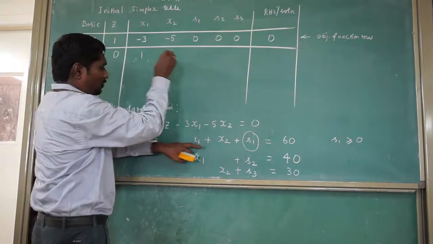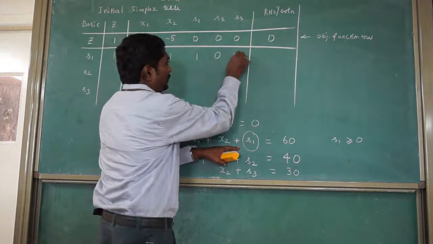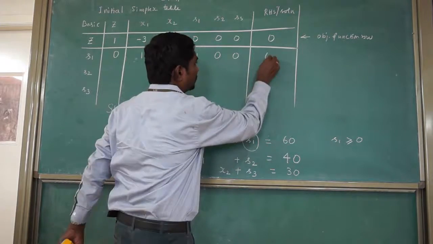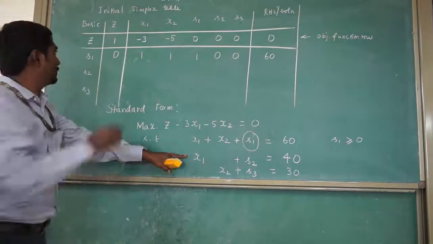Then the coefficient of x1 is 1, the coefficient of x2 is 1, s1 is 1, s2 is 0, s3 is 0. The solution column, the RHS column, is 60. For the second constraint equation,